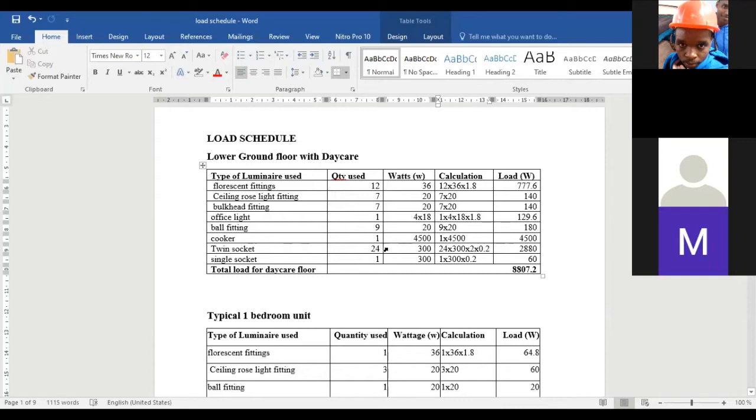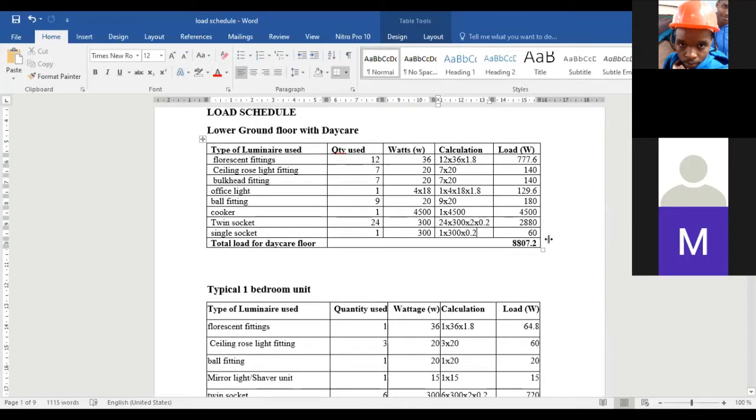For a twin socket, there are 24 in number, and each socket is 300, each single socket. I'll take 24 times 300 times 2, then multiply by 0.2. 0.2 is the demand diversity factor in this case. And then the single sockets, I'll take 1 times 300, and then I multiply by 0.2 for diversity purposes. So the total load for the daycare is